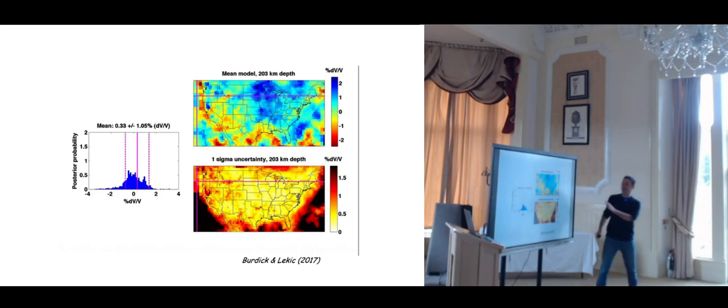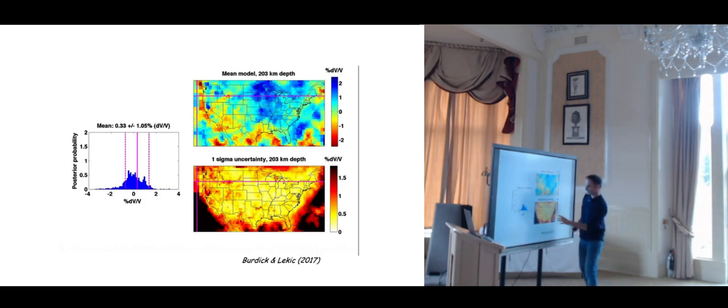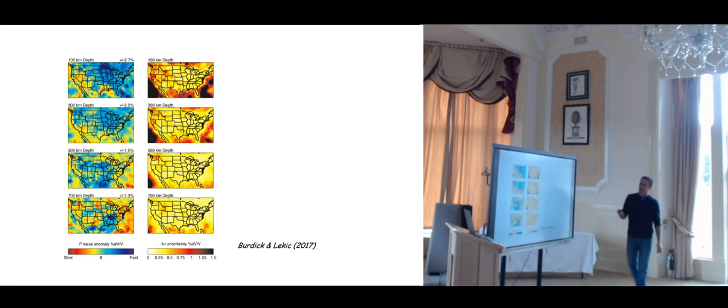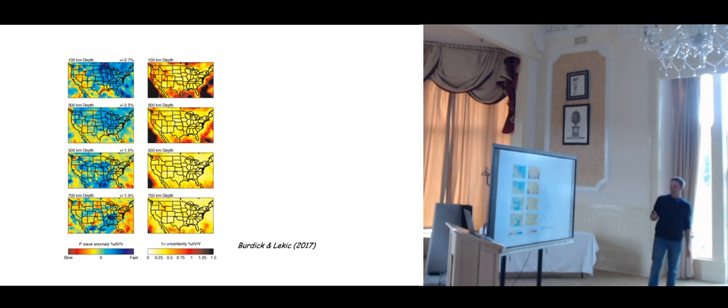And so, for example, you take the mean of this model of the US at 200 kilometers, and you see that at each point, there is a full distribution. Here is the mean, the uncertainty, and this is the full distribution at each pixel. And so here you see they have built a full 3D tomographic model, which is probabilistic for the US, and that can be useful.